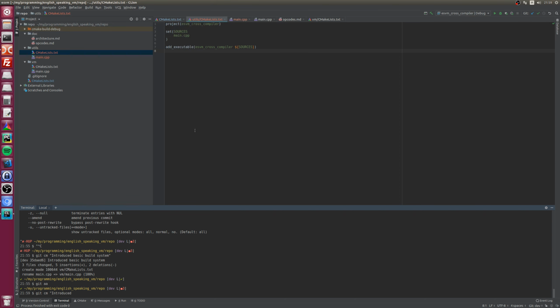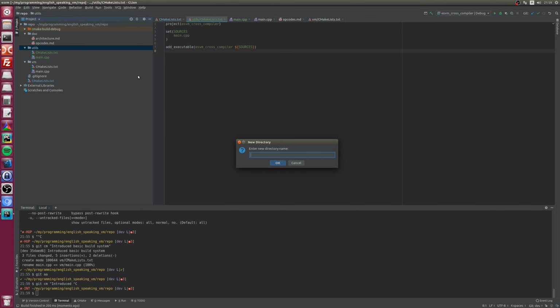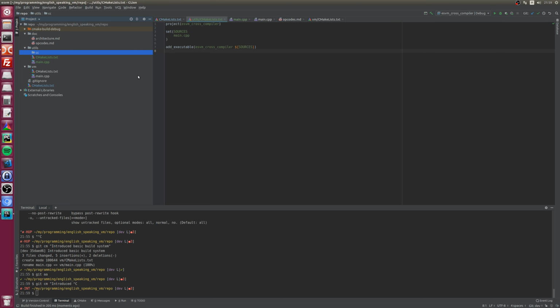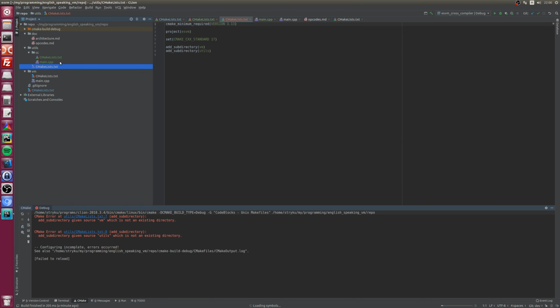Utils. Before committing, I will create a new directory for this. Cross compiler, let's say. Okay. Yeah, move that. And we just create a new CMake here, which is going to just add subdirectories.